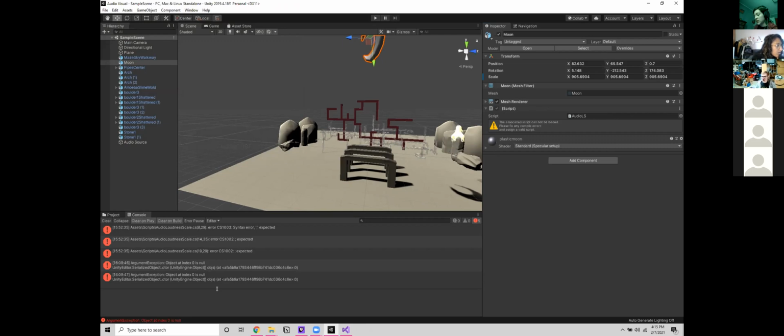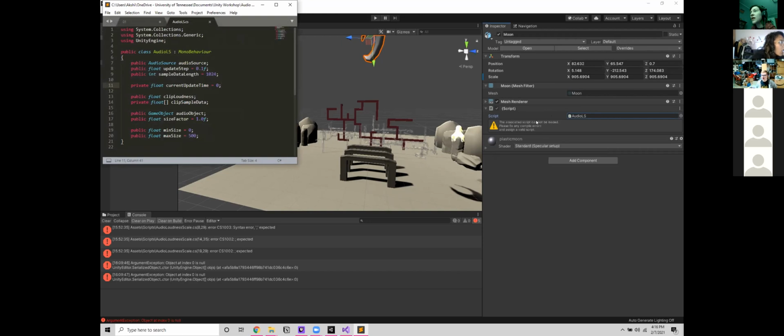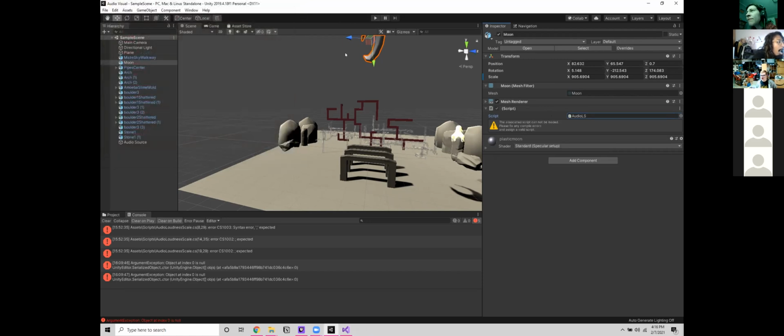Oh, it looks like it's still pointing to a different script file. You have audio loudness scale.cs, whereas in the inspector you are pointing to audio ls. So if you click on that, the audio ls over in the inspector, double click right there. Oh, okay, so that opens it up. Close that window and then go back to that same pane and click on the little circle button at the right side of where it says Audio LS in the inspector under script. And now if you point it back to audio loudness scale,